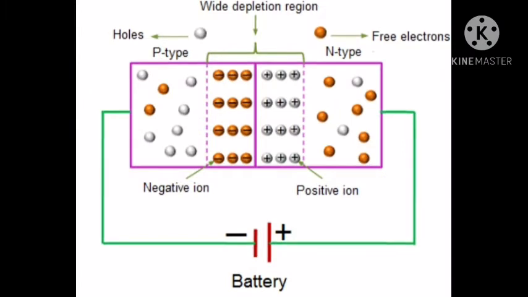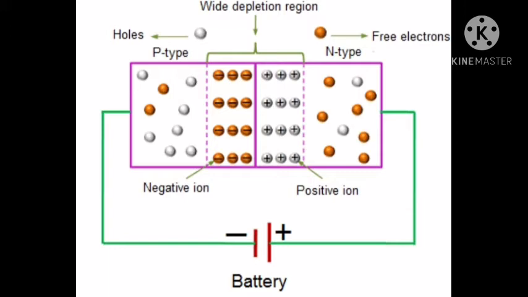As you know, when a PN junction diode is reverse biased, that is when the P side of the diode is connected to the negative terminal of the voltage source and the N side of the diode is connected to the positive terminal of the voltage source, then the diode is in the reverse bias condition. Under such a condition, the depletion region will get widened. That is, the width of the depletion region becomes wider in comparison to the depletion layer widths you have observed under no bias condition and under forward bias condition.